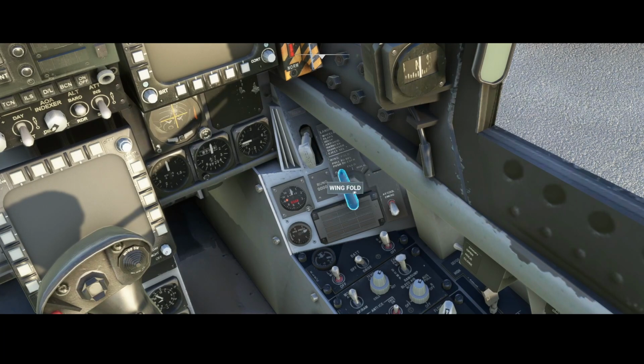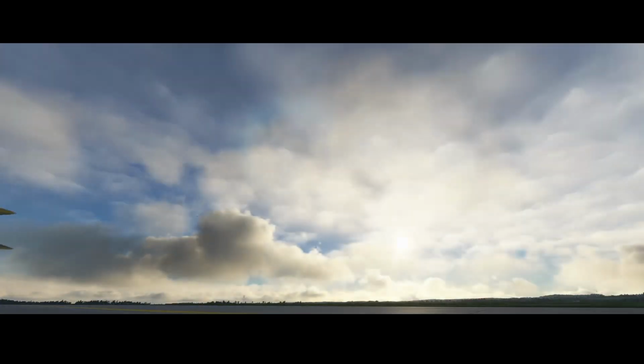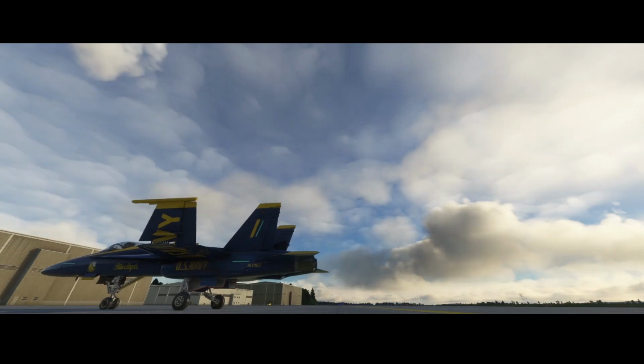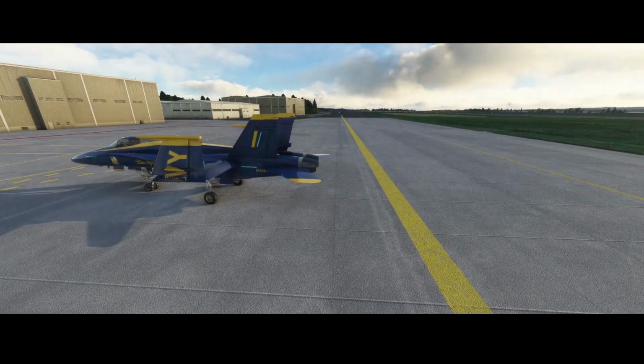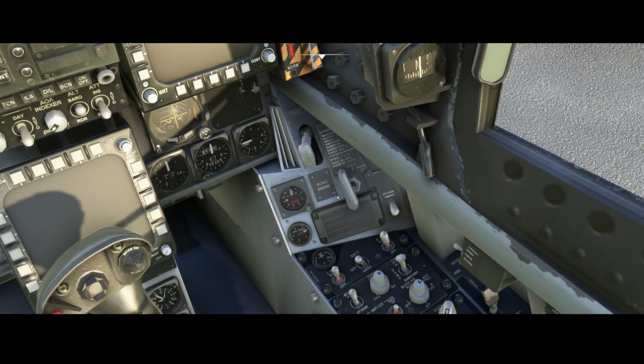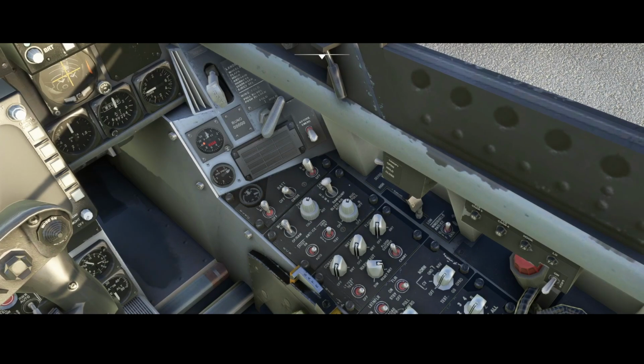We can fold or unfold the wings. Not sure if that has been animated. It looks like it, because you saw something moving over here, right? Oh yeah, here you can see, right? So it's working. So you can even park on an aircraft carrier, which is cool. Over here we've got the electrical part, including the generators for left and right, the batteries, of course, and then some other buttons like the anti-ice,